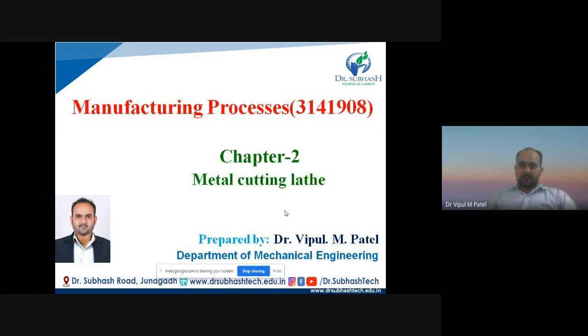And this metal cutting lathe is also one of the important machine tools to perform different operations with the use of a single point cutting tool and different principal units and important components. One more important thing is that if we want to perform different operations on a workpiece or job which is a round bar or circular bar, then this is an important machine tool to operate.